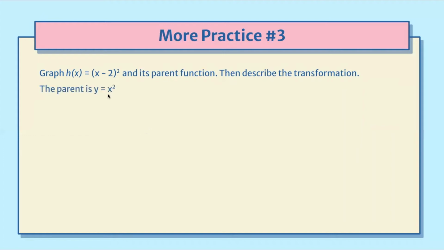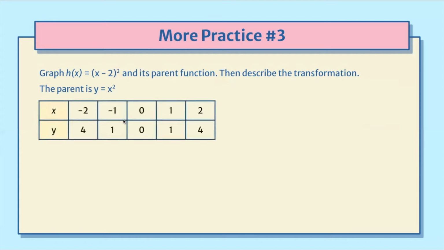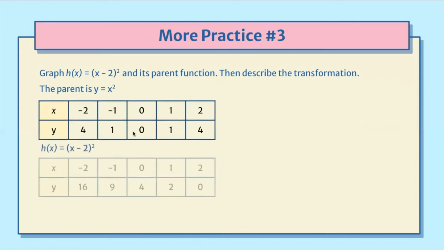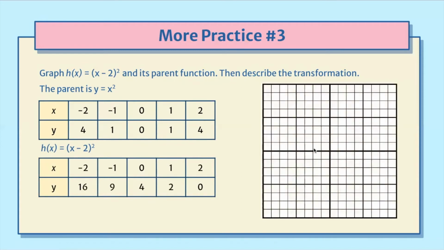The parent is the quadratic function y equals x squared, since we have the squared sign on h of x. Here are the typical points, and then h of x. Here are the points for h of x. We can start with the parent function first. Here are the points for the parent function. So we can see from the equation that